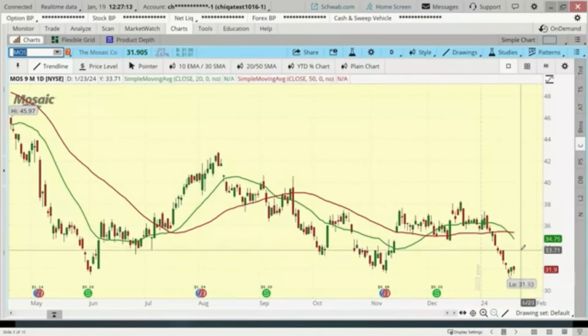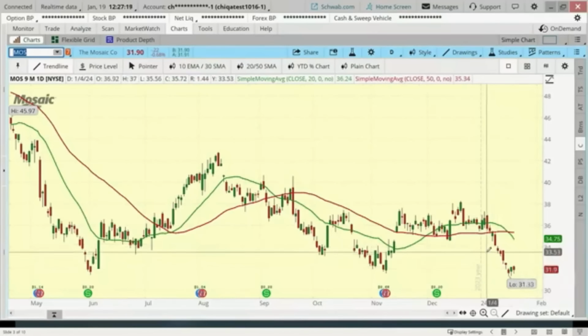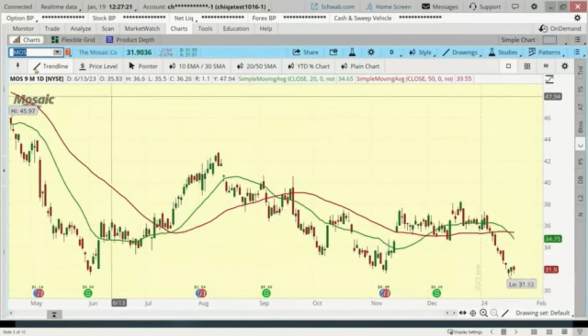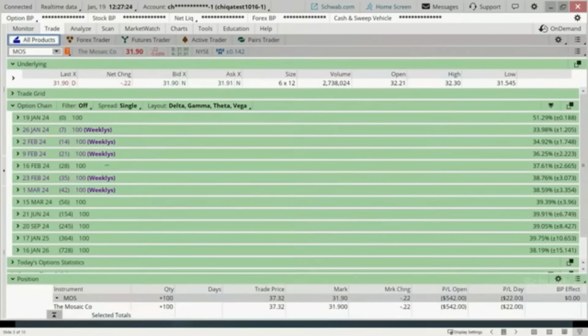There you go. And so what you can do is you can then say, well, look, I want to do a trade here on this. Find a stock, and if you want to do a bearish trade, you can do a bearish trade. In this case, I'm going to do a bearish trade, and I'm going to do more of a probability-based trade.